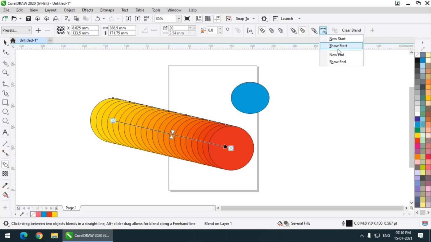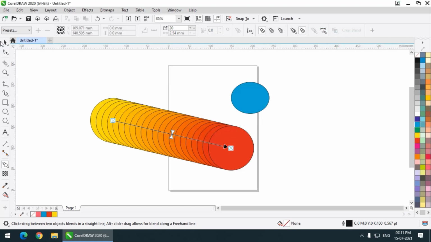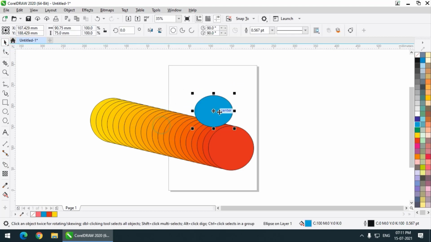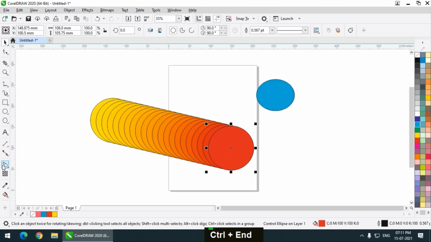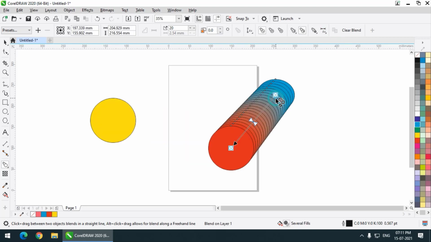Let's say if I want new start, it has to be behind. So this is not behind, so I'll take it behind, Control End. You almost forget it sometimes. New start. So this is basically new start.